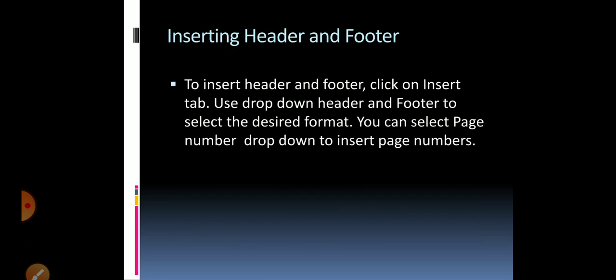Now next is inserting header and footer. In a multi-page document, if we need to insert any information which is common across the pages, such as title of the book, page numbers, logo of the company, etc., we can insert them in header at the top of the page or in footer at the bottom of the page. The contents of the header and footer appear generally on each page unless you check the option Different First Page and Different Odd and Even Page. There are different patterns for inserting the header and footer.